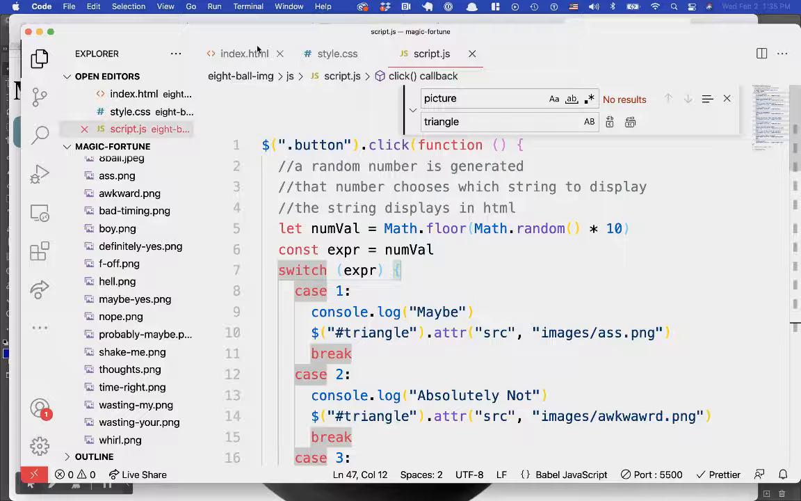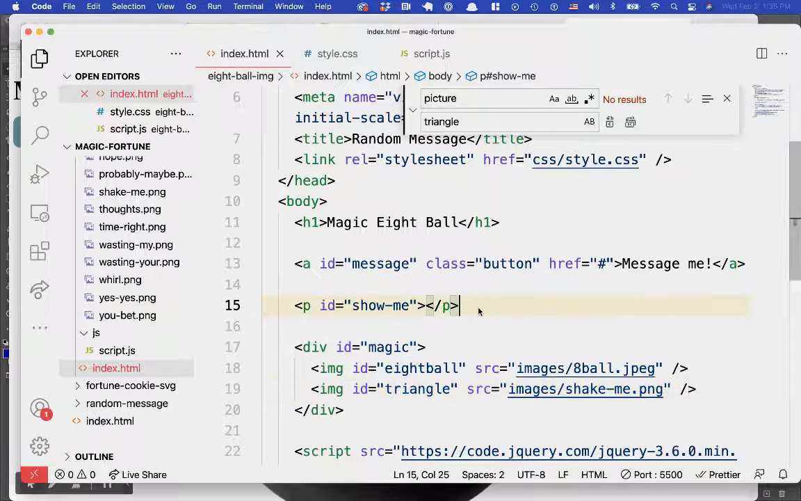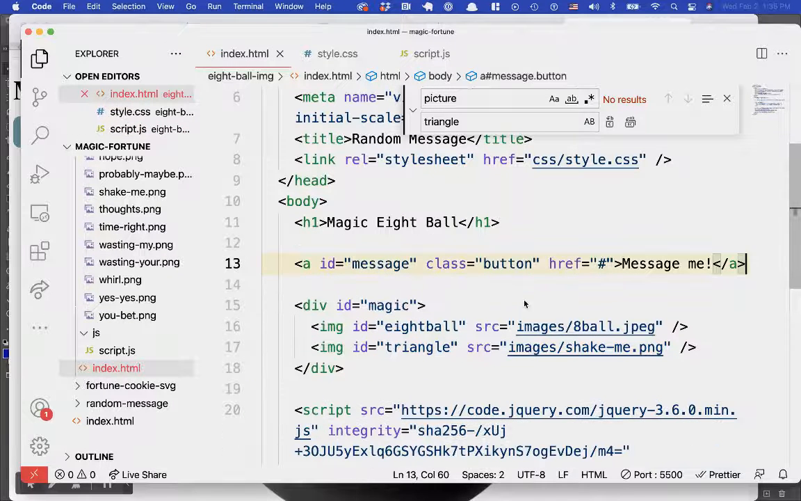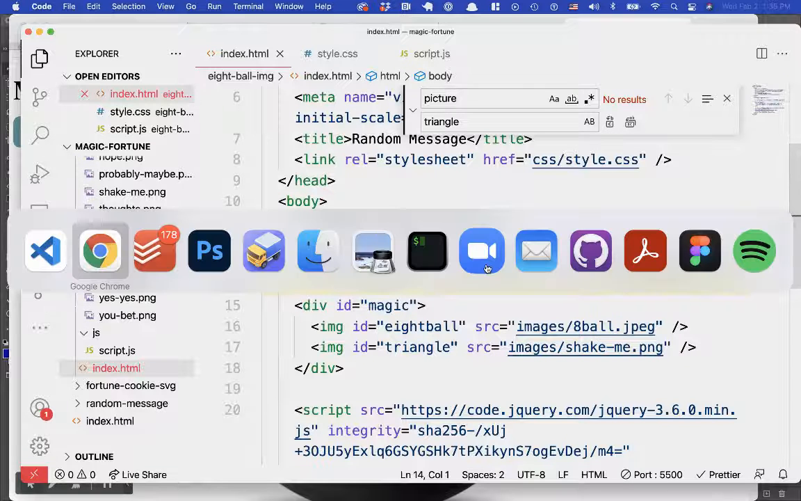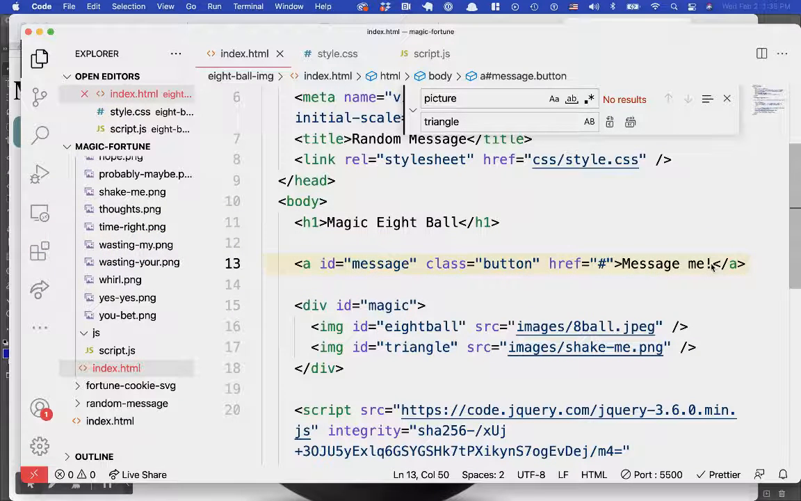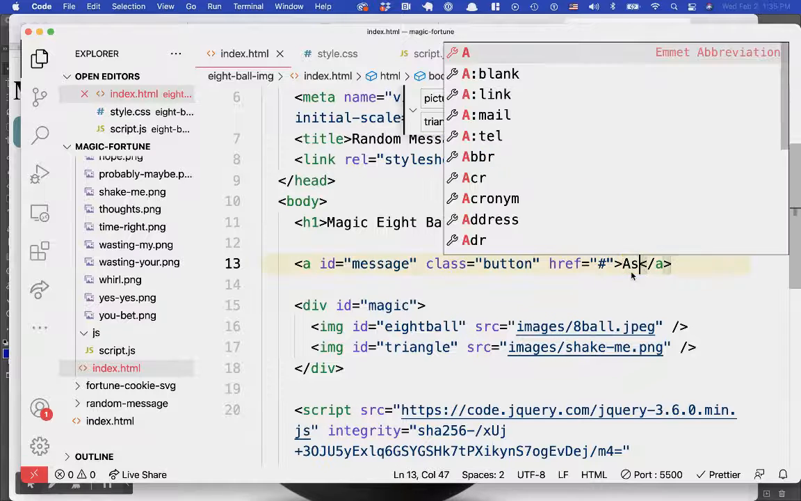All right, and then just to make sure, let's look at our index. So we don't need this because we got rid of all of the show me stuff. We just left the console login, but we still need a button, and maybe we'll just ask the